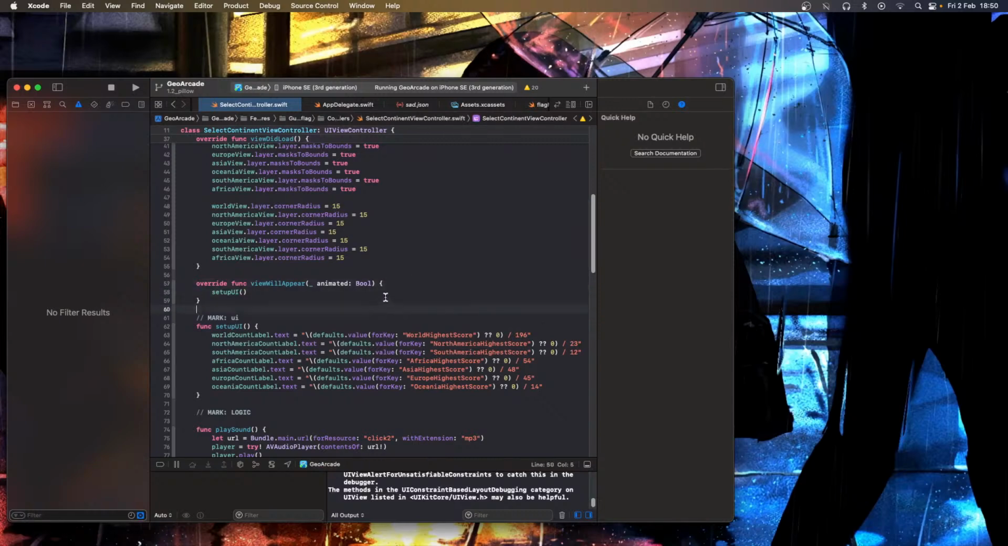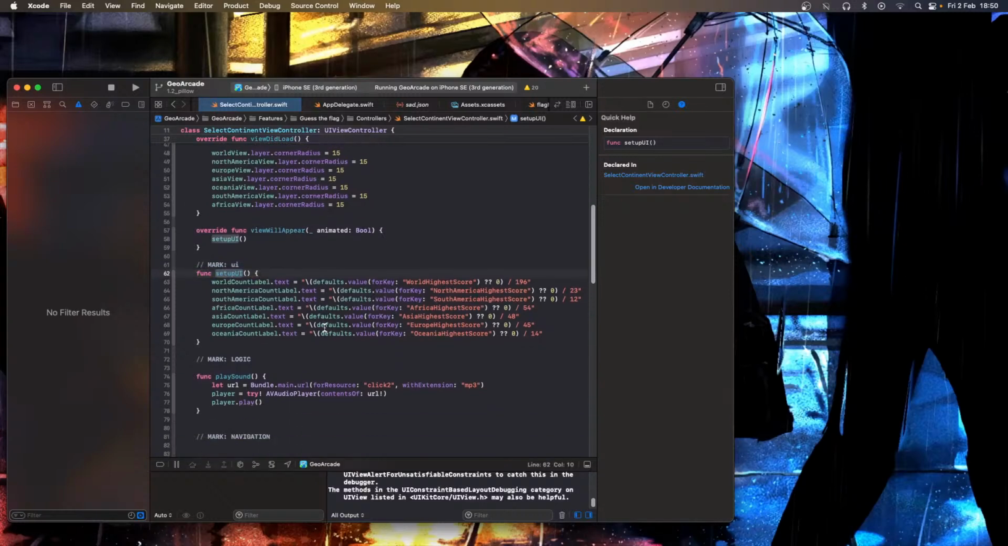And then on viewWillAppear, I call setup, which for each label's text, we get the values from the defaults, and we have the highest score. And if we can't get the value, we set it to 0, and then